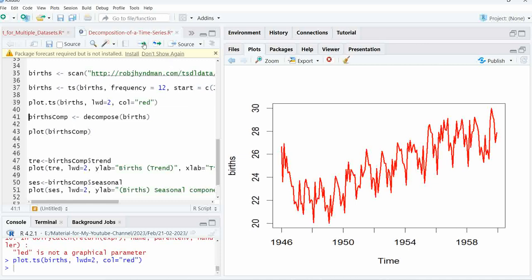Okay, now the decomposition command. Birth comp, this is just the name. Suppose you can name it differently. Birth comp is assigned from the decompose command, which is used on the birth data. So you can do like this. Now the data is decomposed and saved in birth comp. So you can plot this now, and you will see the same four plots